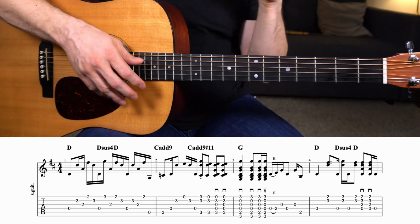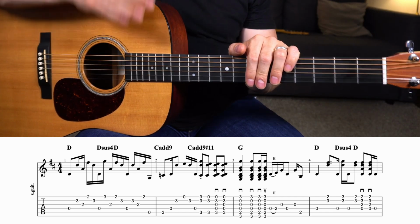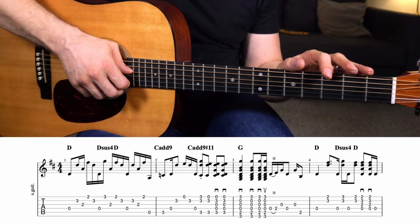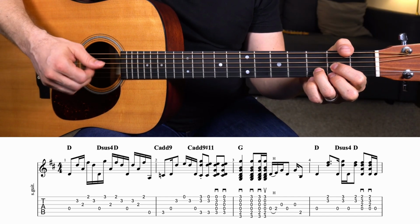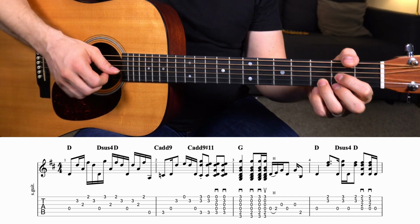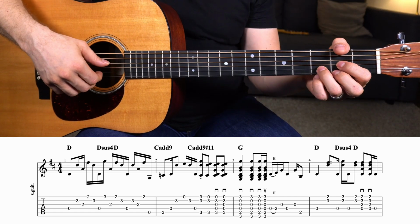So that measure, that's the rhythm for it. You may have to count that out or just listen to it a lot. Okay, and it's kind of leading into the next measure, and this is kind of a theme that occurs throughout